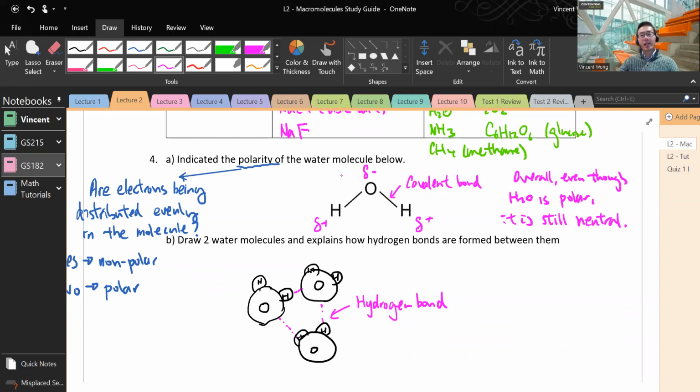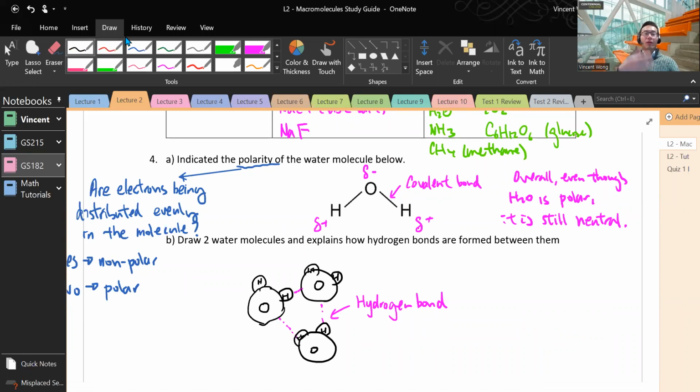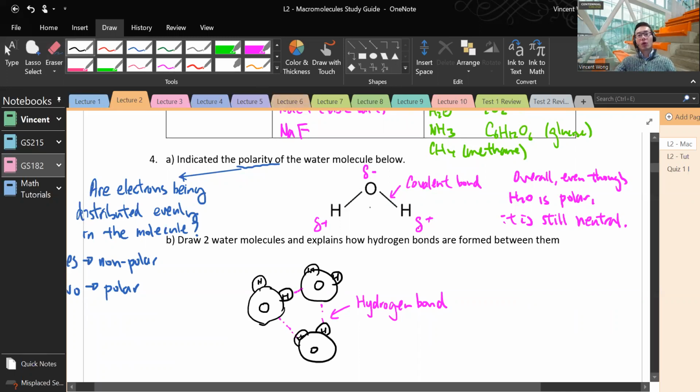How would I know? You would know. Well, okay, I would never give you a molecule and ask you whether or not it's polar or not. You will learn that in chemistry. But just for those of you who are interested, when you look up the elements oxygen and hydrogen on the periodic table, there is something called